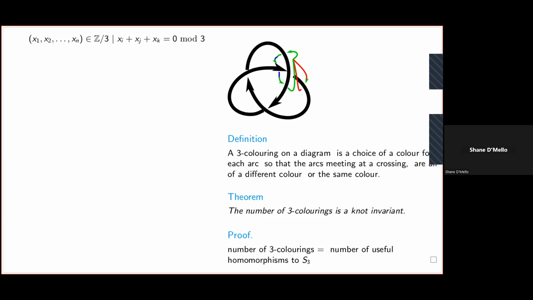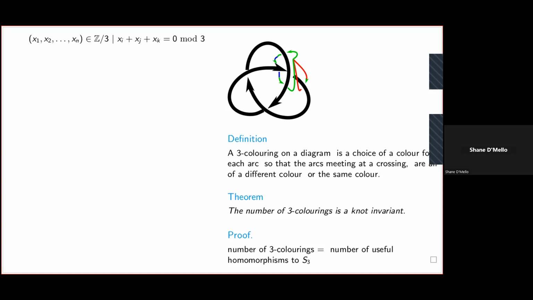So what happened? Suddenly, this whole 3-coloring invariant is simply linear algebra. You have this tuple, you have these unknowns for each arc, and each arc can be labeled with an element of 0, 1, or 2, an element of Z mod 3. And the condition is, for each crossing, each crossing gives rise to an equation. So we have a certain number of unknowns given by the arcs, and a certain number of equations given by